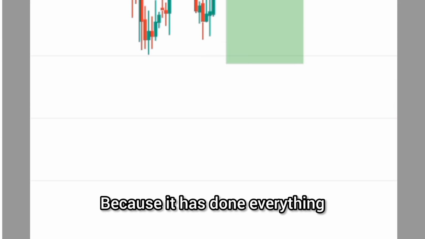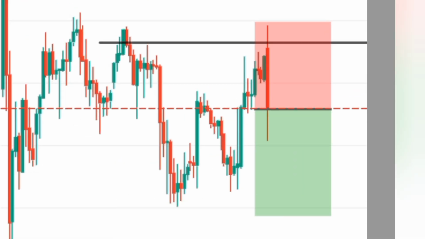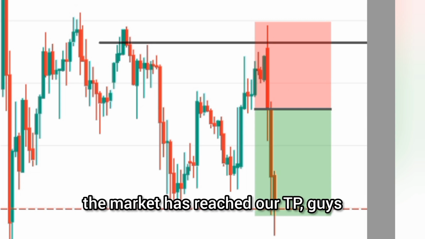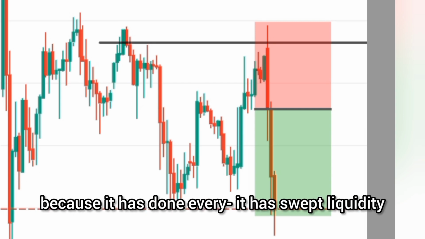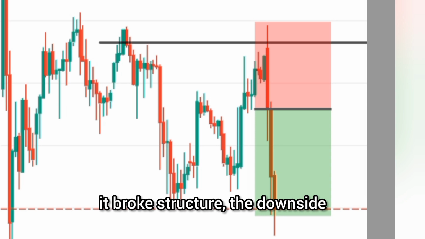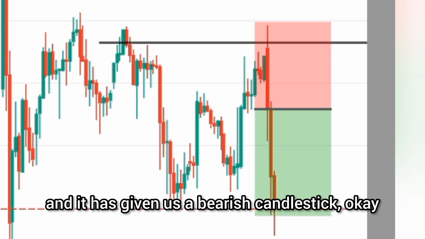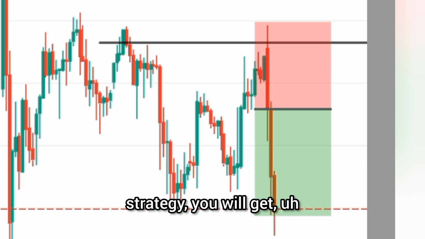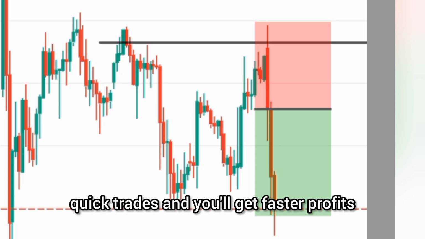Because it has done everything that we want it to do. You can see immediately after, the market has reached our TP, guys, because it has done everything. It has swept liquidity, it broke structure to the downside, and it has given us a bearish candlestick. Okay, so now, guys, when you really trade this strategy, you will get quick trades and you'll get faster profits